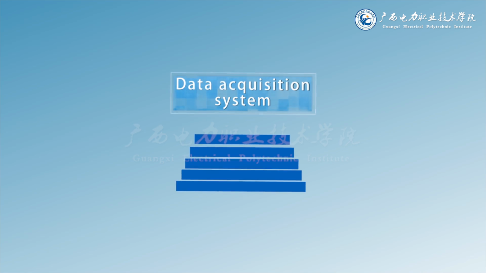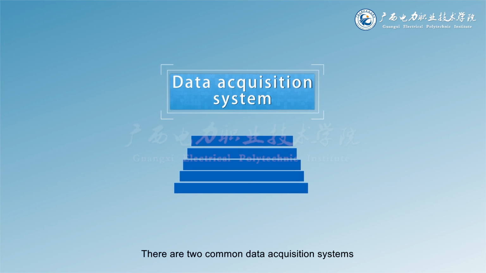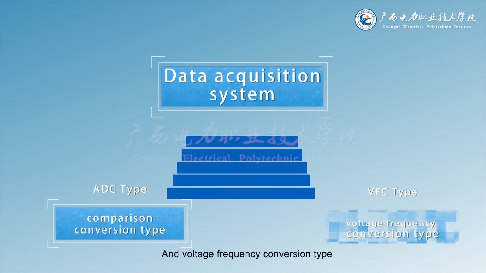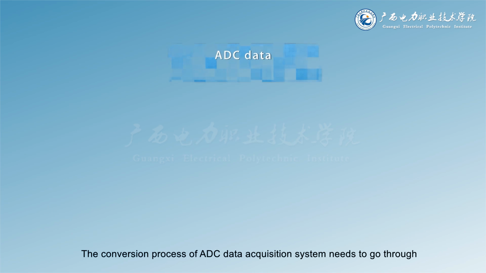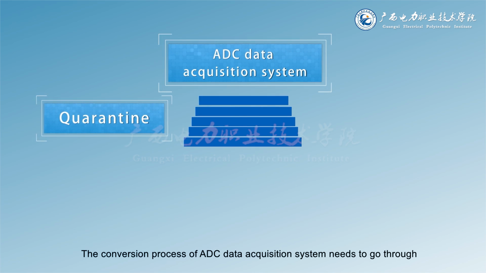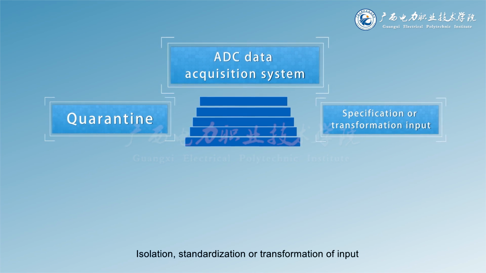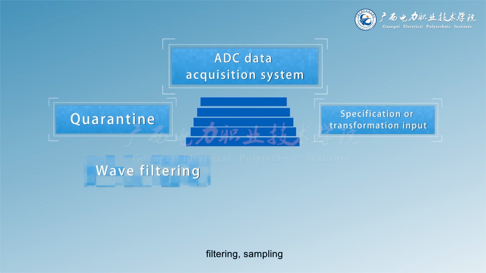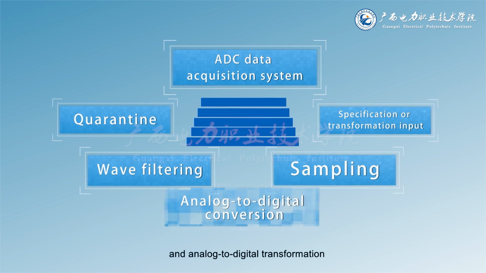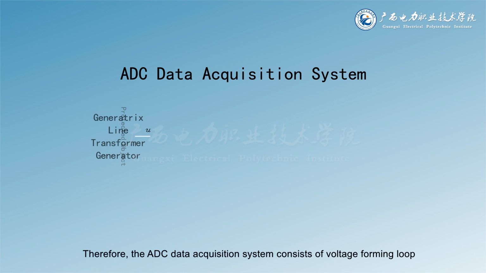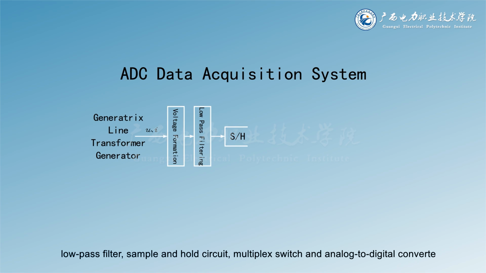According to different analog to digital conversion methods, there are 2 common data acquisition systems: comparison transformation and voltage frequency conversion type. The conversion process of the ADC data acquisition system needs to go through isolation, standardization or transformation of input, filtering, sampling, and analog to digital transformation. Therefore, the ADC data acquisition system consists of voltage forming loop, low-pass filter, sample and hold circuit, multiplex switch, and